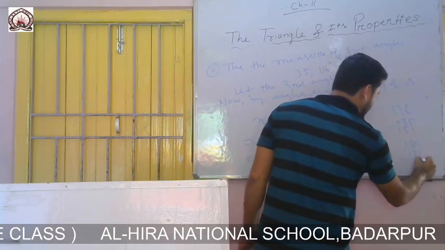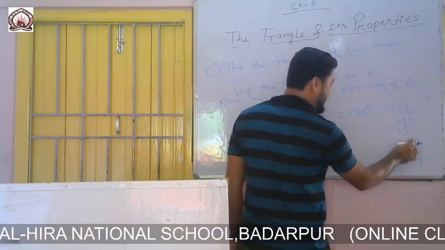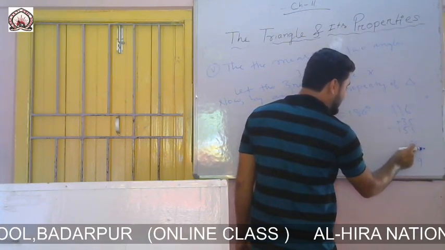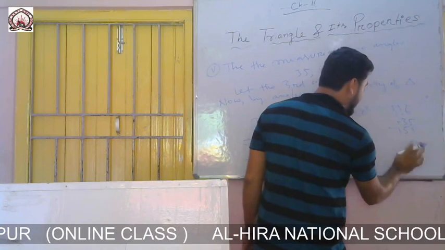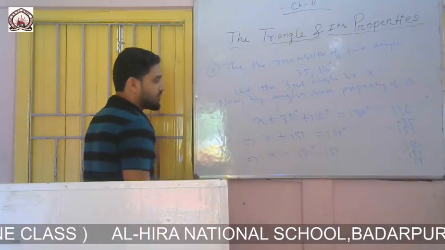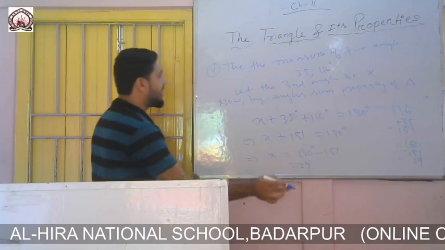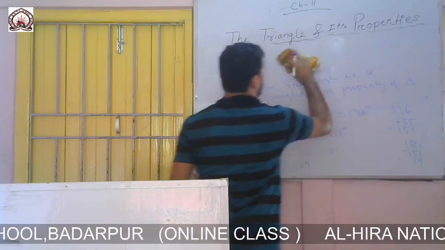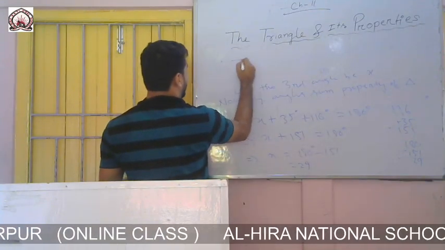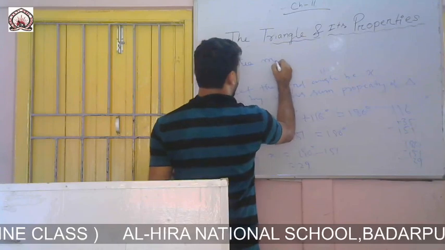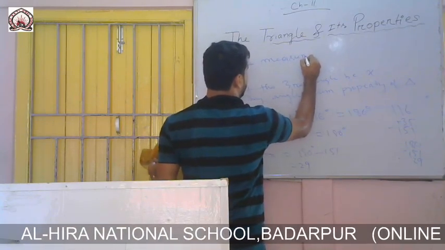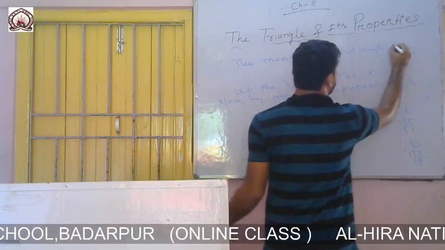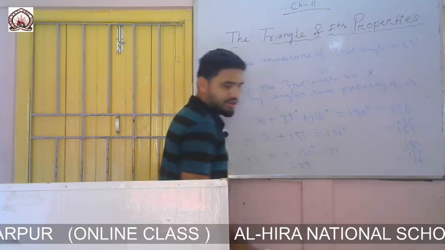So 10 minus 1 equals 9. Here 0, I have taken 1 from here, so 10 minus 1 equals 9. Here it remains 7. 7 minus 5 equals 2. Here 1 minus 1 is 0, so 0 will not be put here. So the answer is 29. After that, as earlier, you write: therefore the measure of the third angle equals 29 degree.